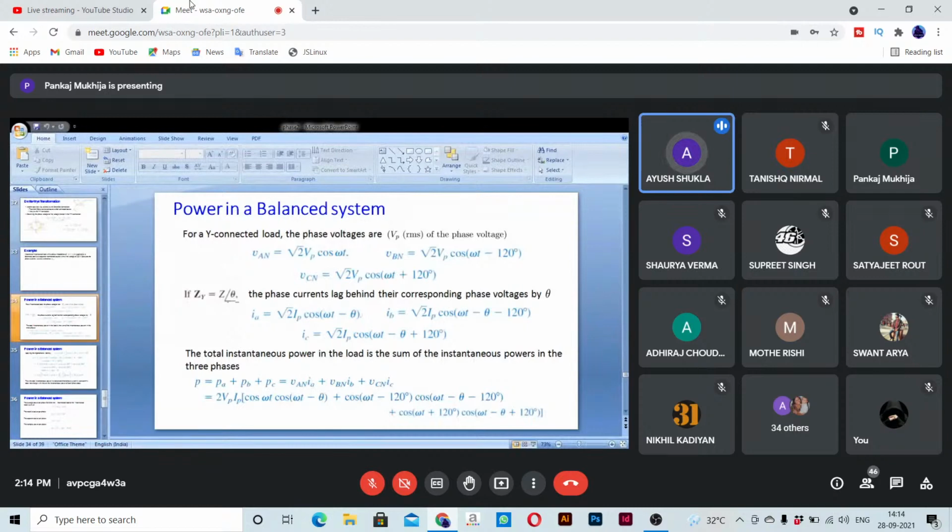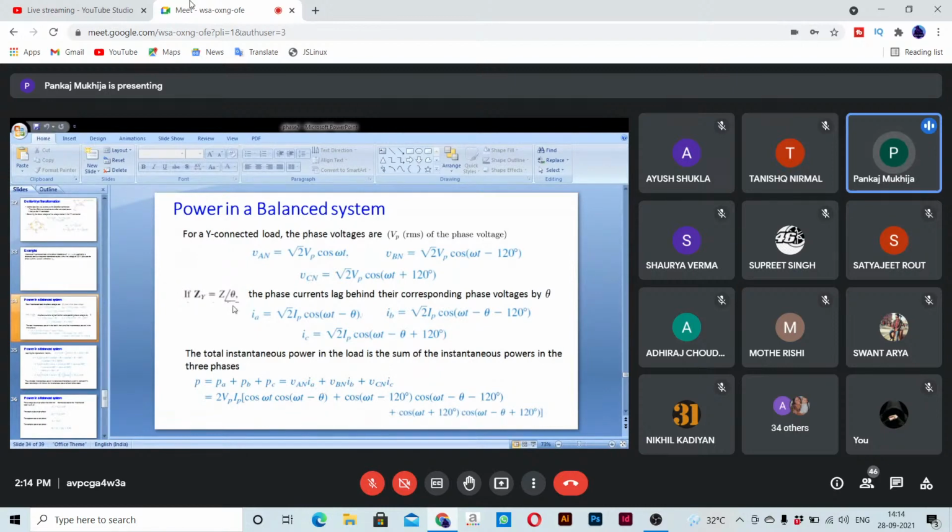Sir, by using phasors. Very good, very good. So I'm happy that you remember this, that since we are using phasor notation, we were able to suppress this information on omega, but actually that is present. You know that omega is present, it's just suppressed in our representation. So we are bringing back that omega. So it's cos omega t minus 120 degree and cos omega t minus 240 degree, or cos omega t plus 120 degree, as Suprit you are asking. So here you could have written minus 240 also. Now